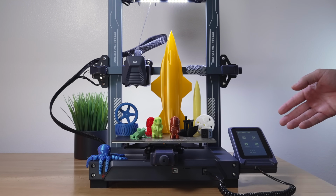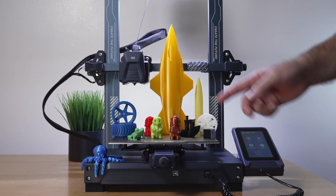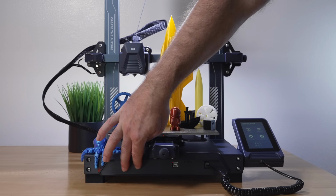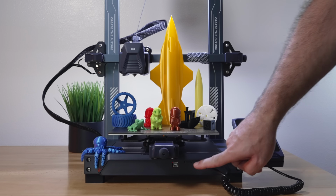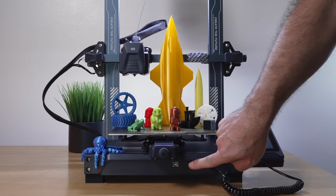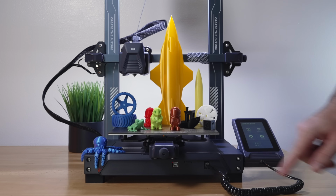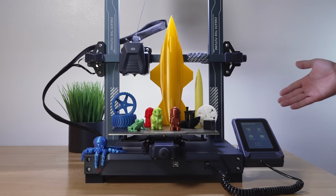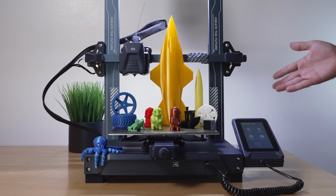Now, a couple things that could be a negative is there's no tray. You can print out that print that's included to store your tools, but I still would have liked to see a tray here. And another thing that I noticed is this SD card slot is a little bit hard to get to, and also a little tedious to put it in there, as it doesn't align completely perfect with the board. Other than that, guys, I really love this printer, and I feel like this is a great one, especially